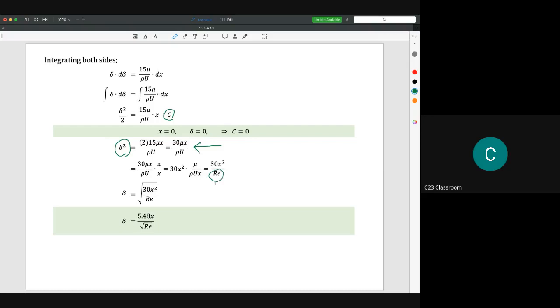the common practice by engineers who deal with boundary layers and also with fluid research. So we always use Reynolds number to reflect the velocity later on. So how to do this: if you see this equation, we have 30 mu x over rho U, and we know that the Reynolds number is rho U x over mu, and we found that